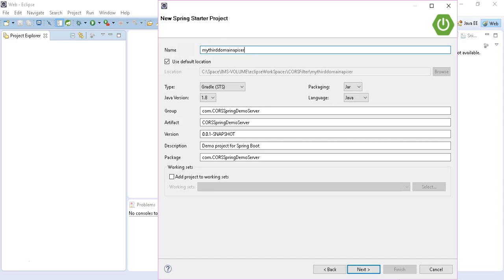So I'm going to call this my third domain API server.com, and I'm going to copy this and change the group name. I'm going to change the artifact name. I'm going to change the package name. I want it to be a Gradle STS and really want it to be 1.8. Okay, let's go ahead and